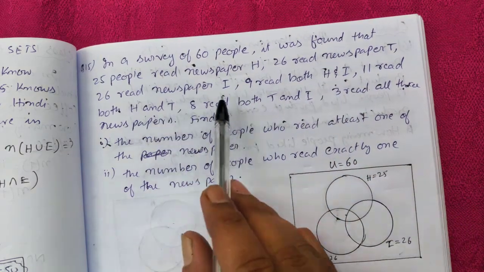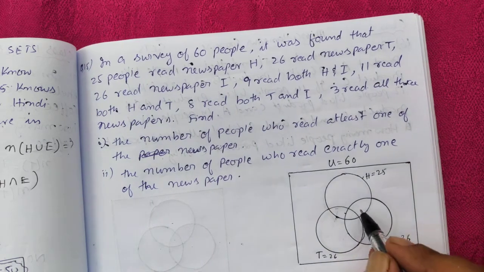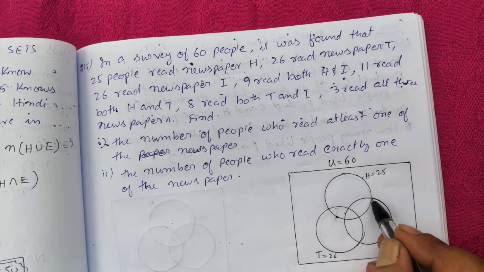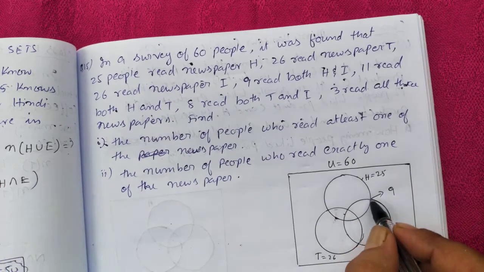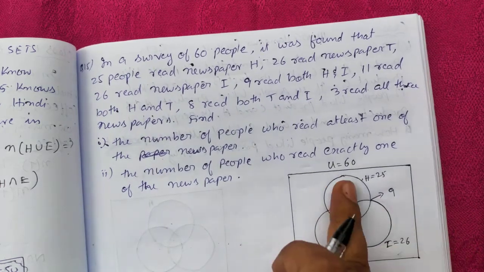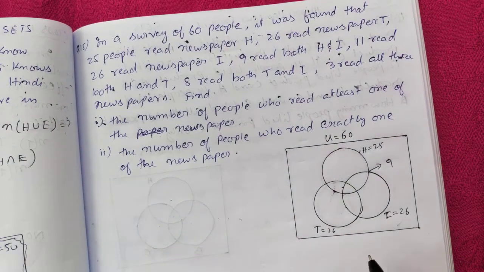9 read both H and I. Both H and I. This is a common part. So this common part, 9 read both H and I. Common of H and I. And